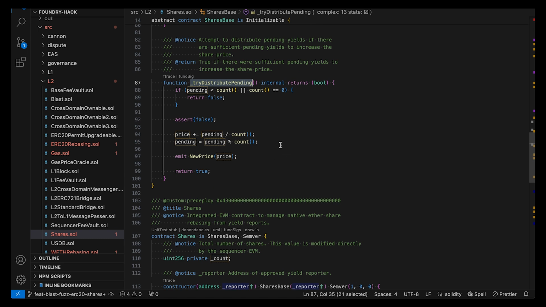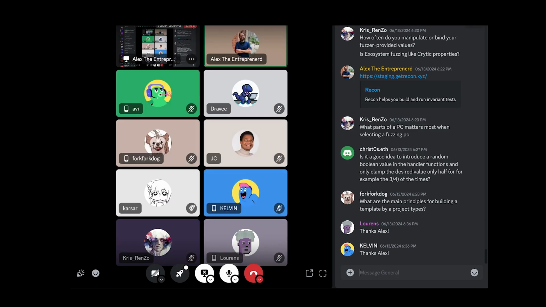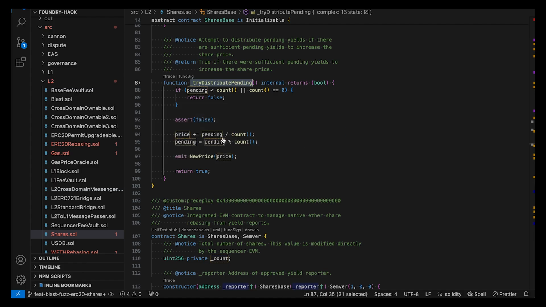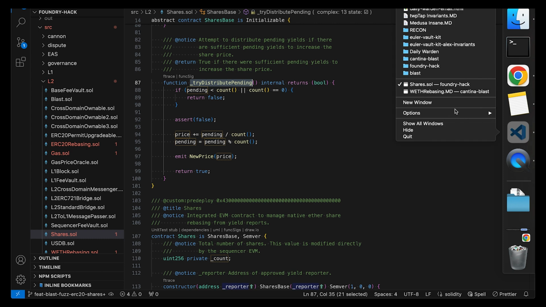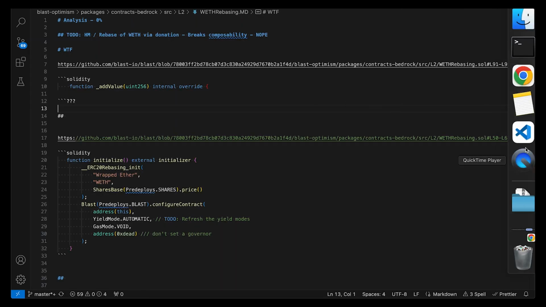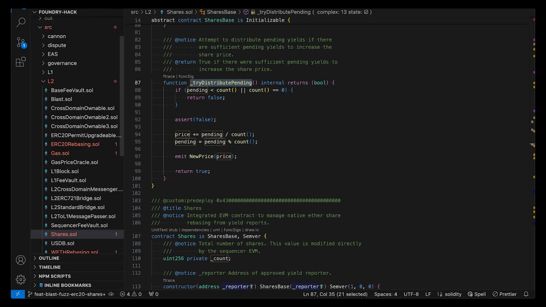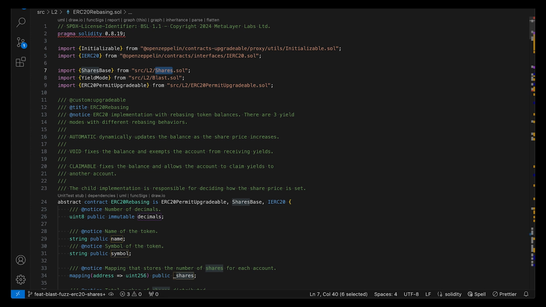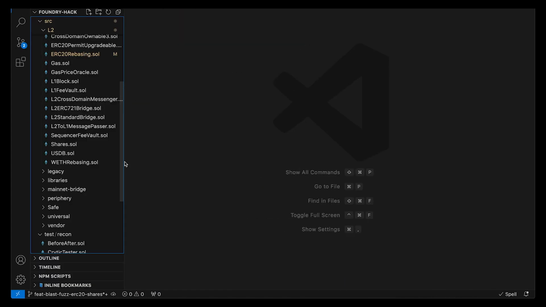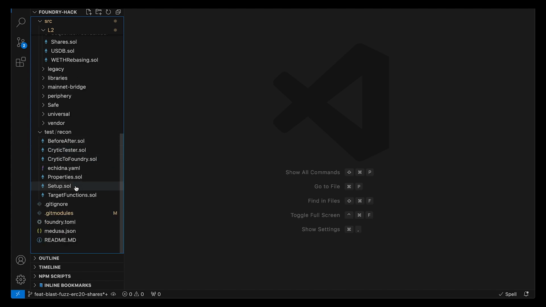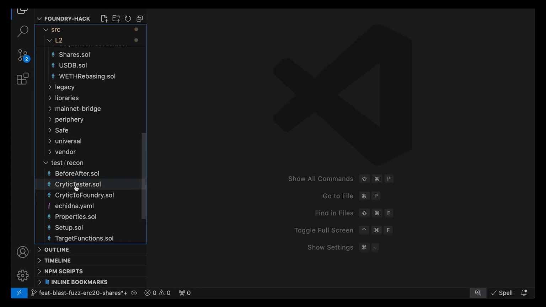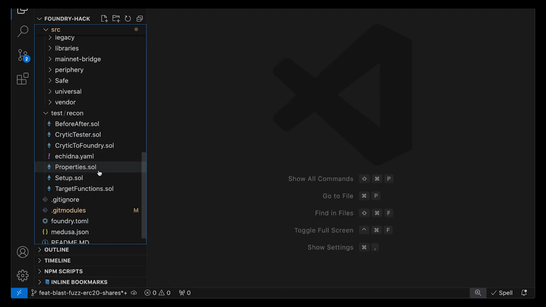So having had those two intuitions, that's where I started to dig deeper. And the way I did it, as I said, was by moving everything into my own Foundry test. No changes to the code, fundamentally. All of the code is the same. And then I used our good old Recon setup, which at the time was very nascent, was fairly early